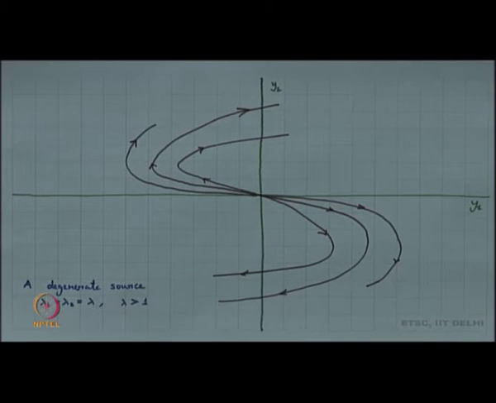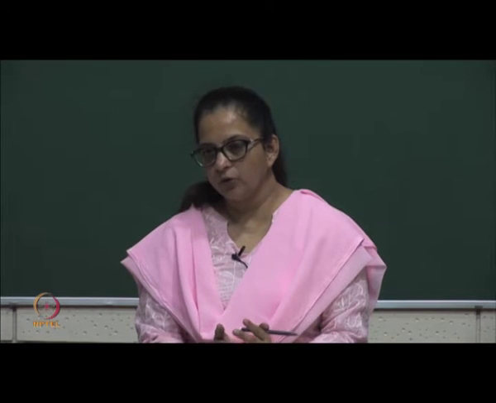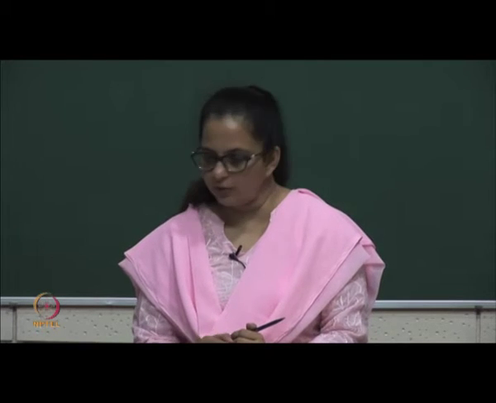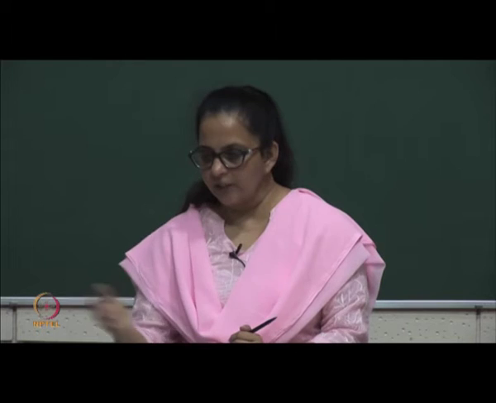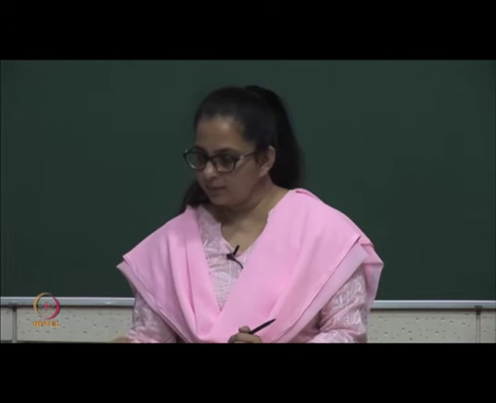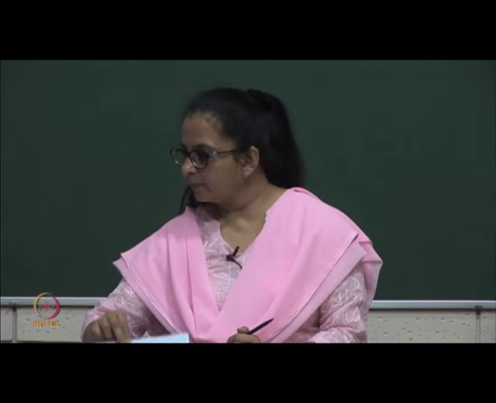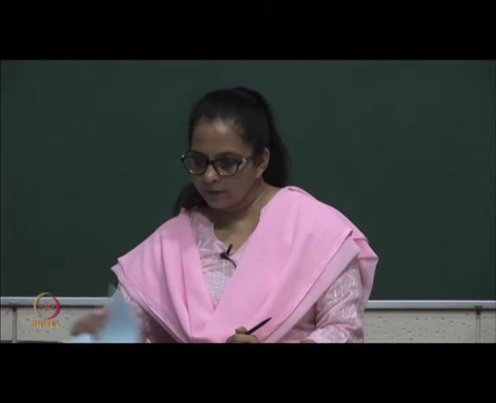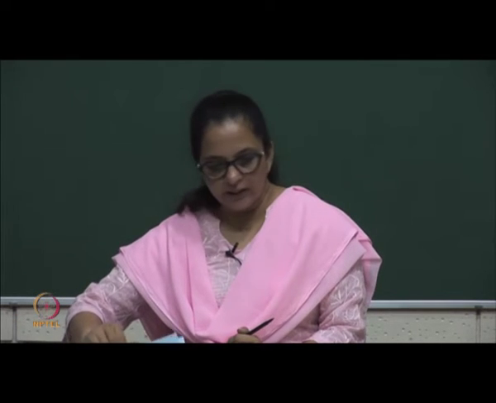So, this is what happens when your Jordan form is of the form lambda 1 0 lambda and you have these two values. We are not looking into the case when mod lambda is equal to 1, we are not looking into 1 to be an eigenvalue here. So, basically you can think of that to be a hyperbolic case. So, let us look into the third case now.